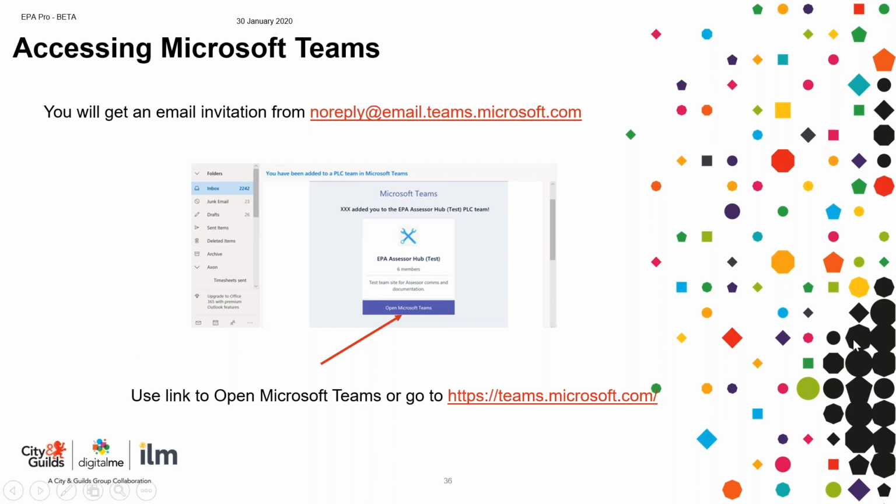So what I wanted to talk to you about now, and you might very well have already received this. As I've said, you as a LIEPA and IEPA will get access to SharePoint or through Microsoft Teams. I'm going to interchange the use of SharePoint and Microsoft Teams. What will happen, and you may have already received this, is you will get an email invitation from this address here, and you will use that link to open Microsoft Teams. It's also given you the link here, so you can either go through the link in your email, or there's the link that you can put directly into your browser.